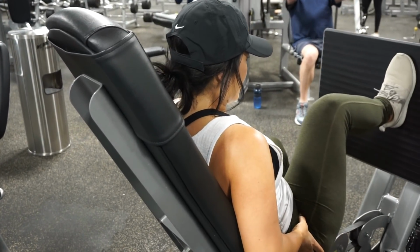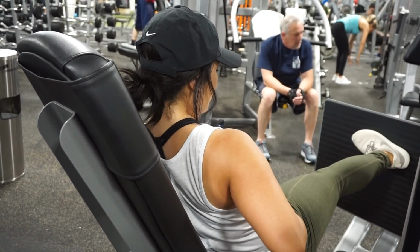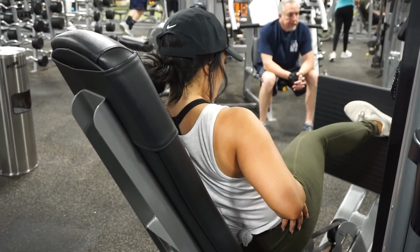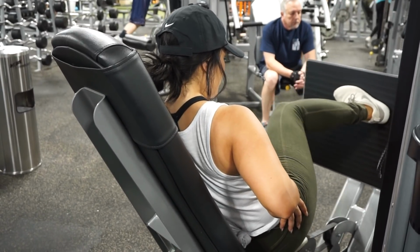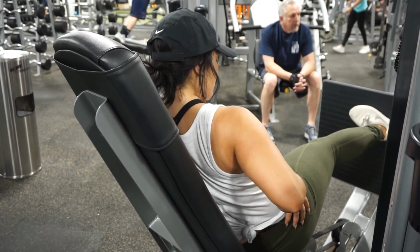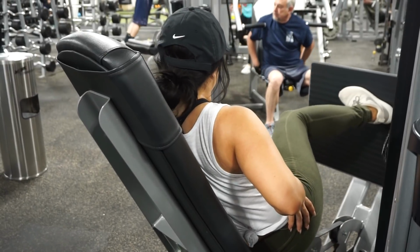Rotate my body a little bit so that my foot is facing sideways. And this is killer for your hamstrings and for pushing your butt up. You know what I mean? Like your underbutt, you know. So this one feels so good whenever you're doing this. If you really want to burn,